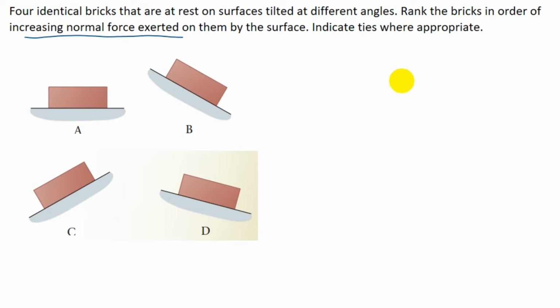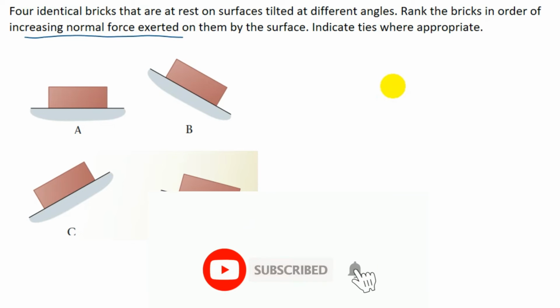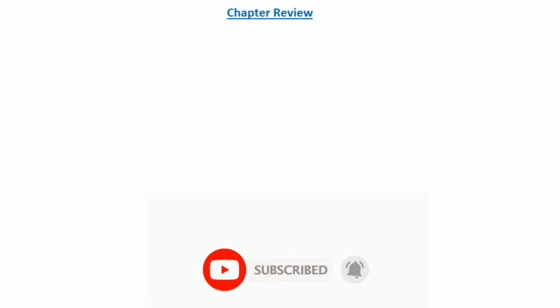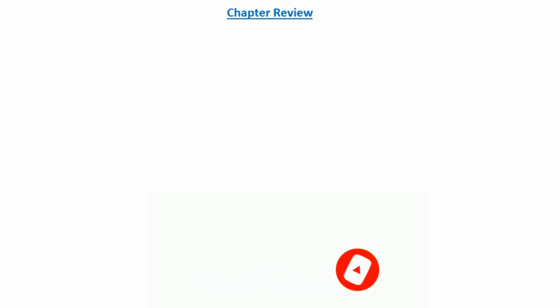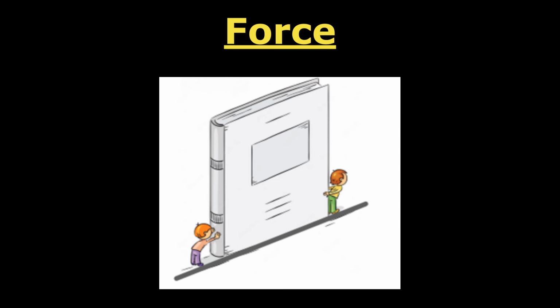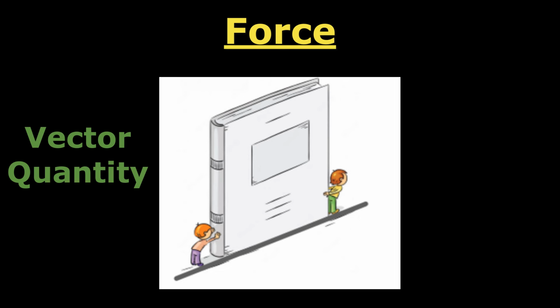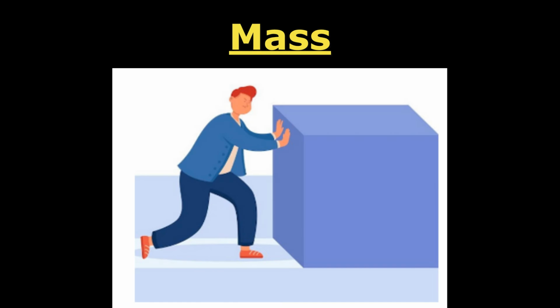And with this, chapter 5 is completed. Now we'll see the chapter summary. The first thing that we discussed in chapter 5 was force. Force is a pull or a push, and force is a vector quantity. Then we discussed mass. Mass is the quantity of matter contained in an object, and it determines how difficult it is to move an object if it is at rest, or to bring the object to rest if it is